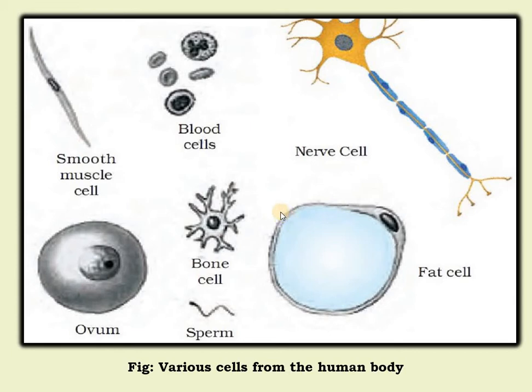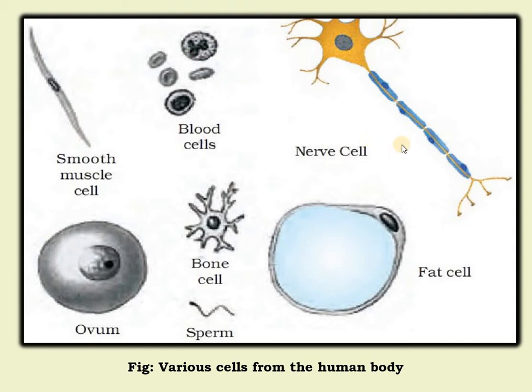For example, let us take this smooth muscle cell. You can see they are long and contractile. They help in the movement of the bones. Let us talk about the blood cell. These blood cells are circular, biconcave. If we talk about the RBC, they can easily move through small spaces. And the WBC are amoeboid with pseudopodia to squeeze out through the capillary walls.